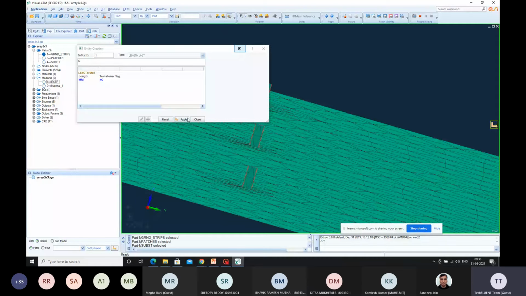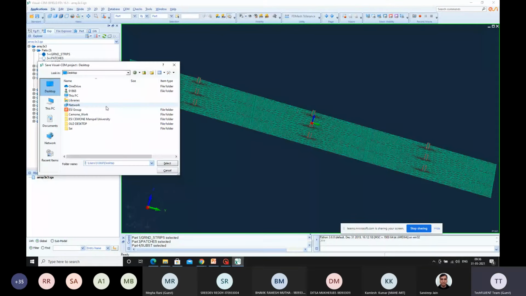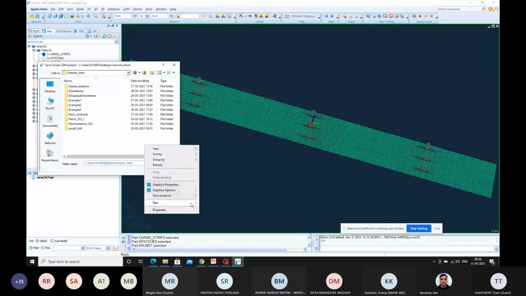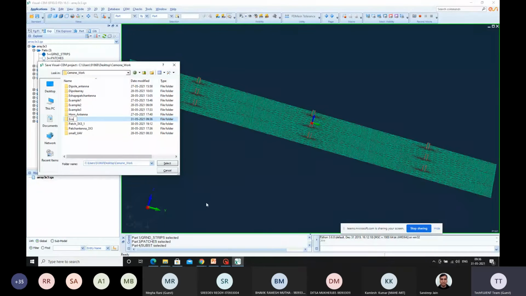Now you can save your project at any folder. Select any random folder, save it, and try to run this.